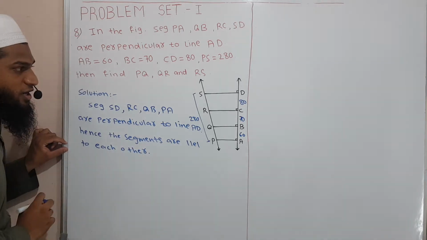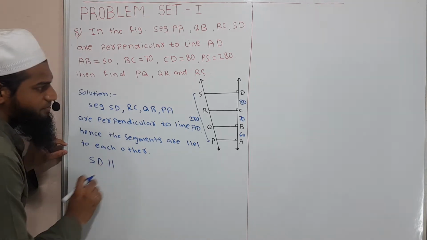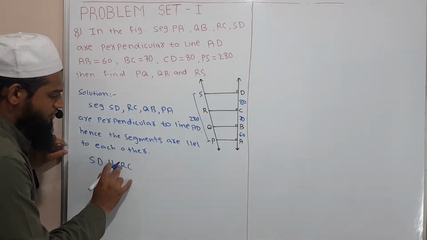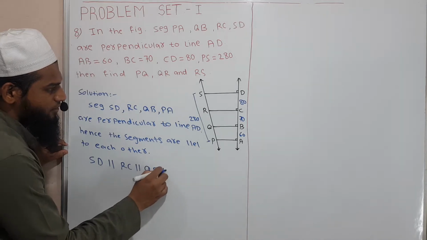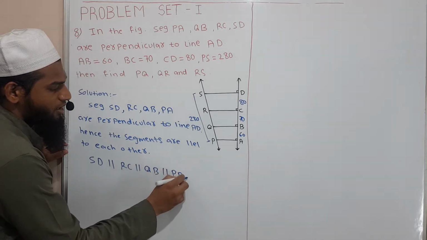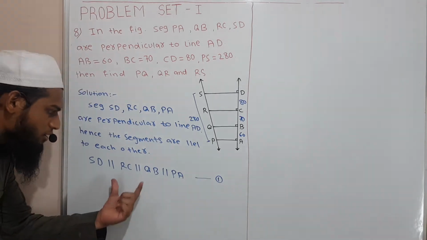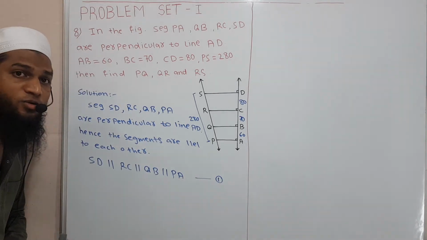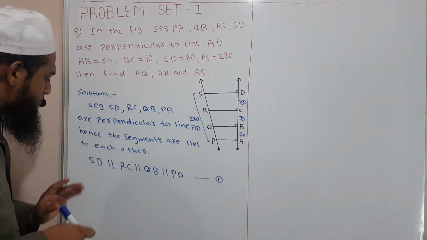Okay, what it means? Segment SD parallel to RC, parallel to QB, parallel to PA. If I give it as equation number 1, all these are parallel to each other. ये सब एक दूसरे के parallel हैं।